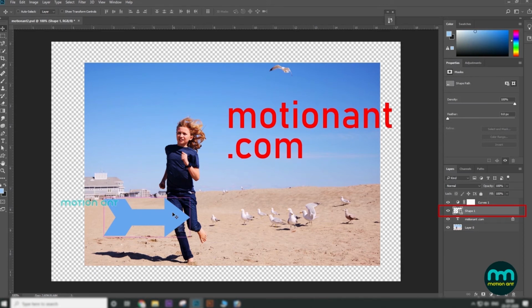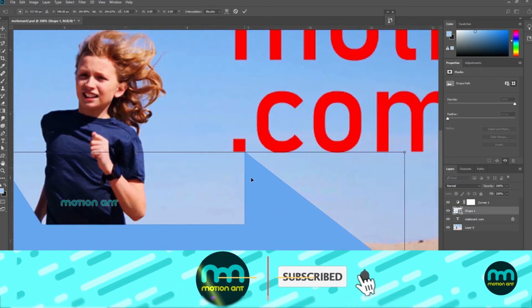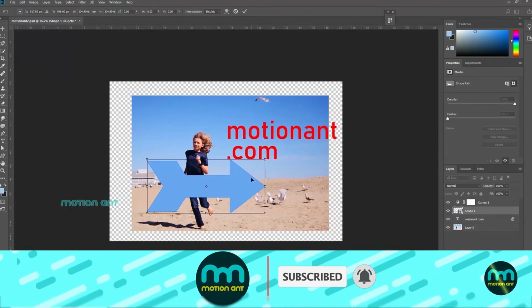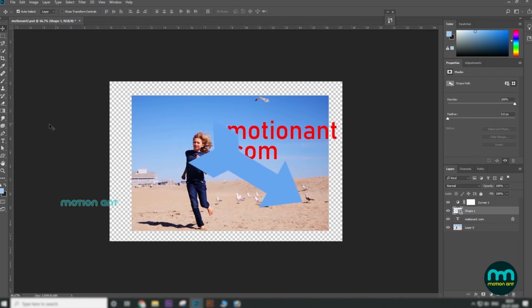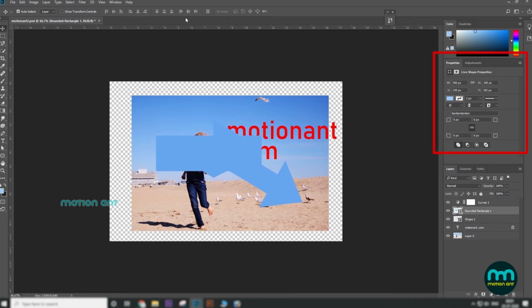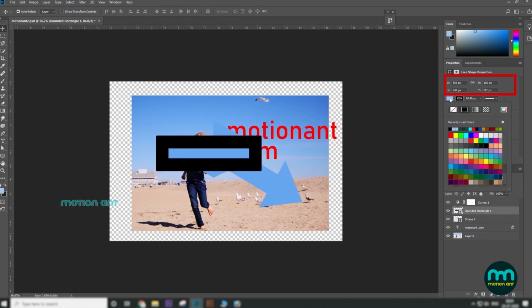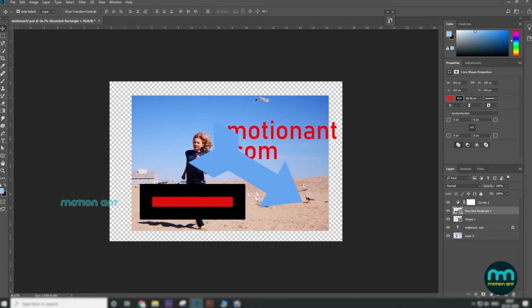Vector shapes are objects that are not rendered in pixels and so do not lose quality when you edit the shape. You can use the shape tools inside the toolbar to drop your favorite shape by clicking and dragging. Then with either the option bar or the properties window, you can fix the size and the position for such objects, including its fill color, its stroke color, and thickness and style.